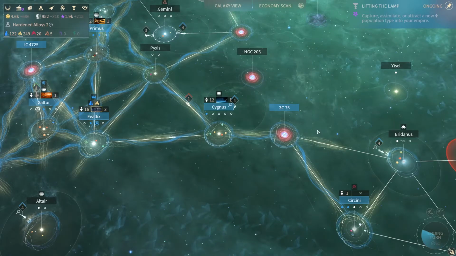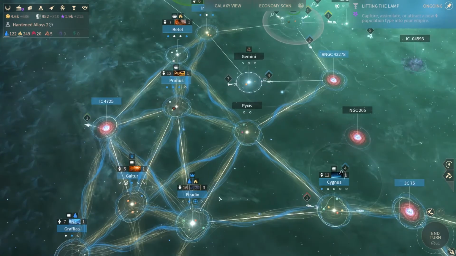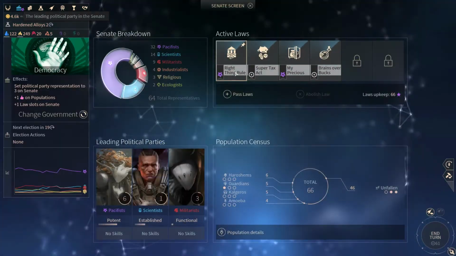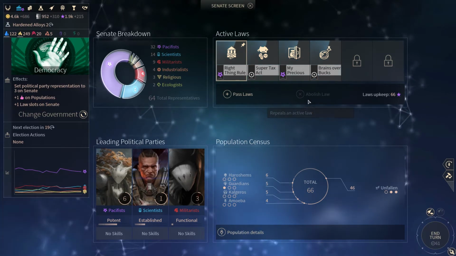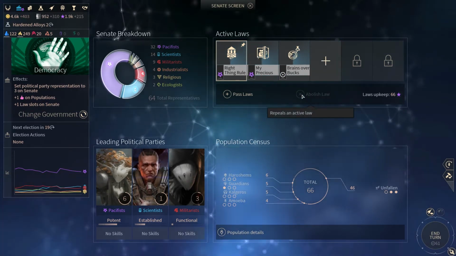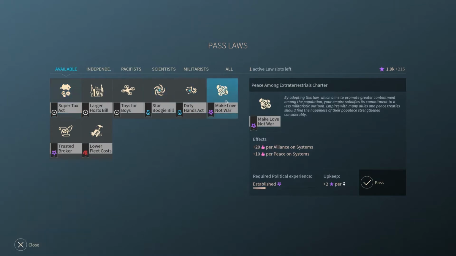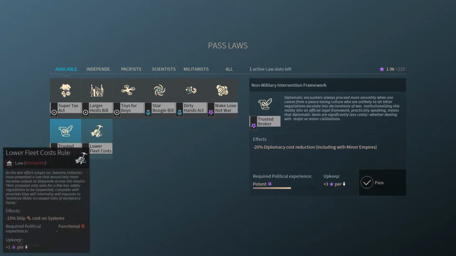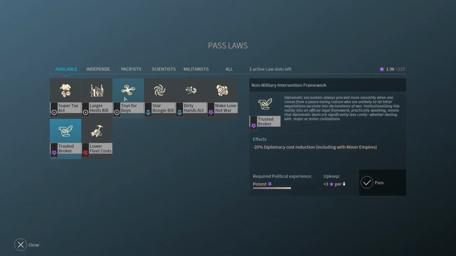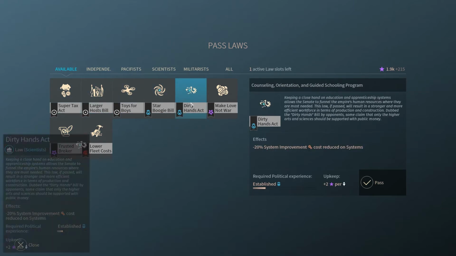So it might be time to have a look at our laws, because we probably have unlocked some new ones at this point. Right. Let's have a little peek here up at the laws. How about we get rid of the super tax? That's a lot of money though. The Star Boogie Bill. Make love not war. Diplomacy cost intro. That could be good. Toys for boys, super tax. I think we'll keep the super tax. None of these really super...